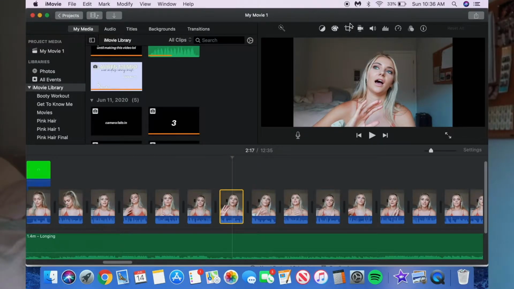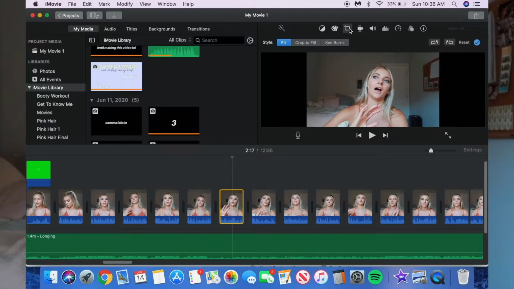All right, so moving into the basic editing effects on iMovie, the first one is the Ken Burns effect, and that's just when the screen moves in closer or can go out. You can do either on iMovie. It's super, super easy. All you want to do is select the clip that you want to zoom in and then click on it. Then you want to go up to the top and click on that little crosshatch icon thing, and instead of it being fit, just hit Ken